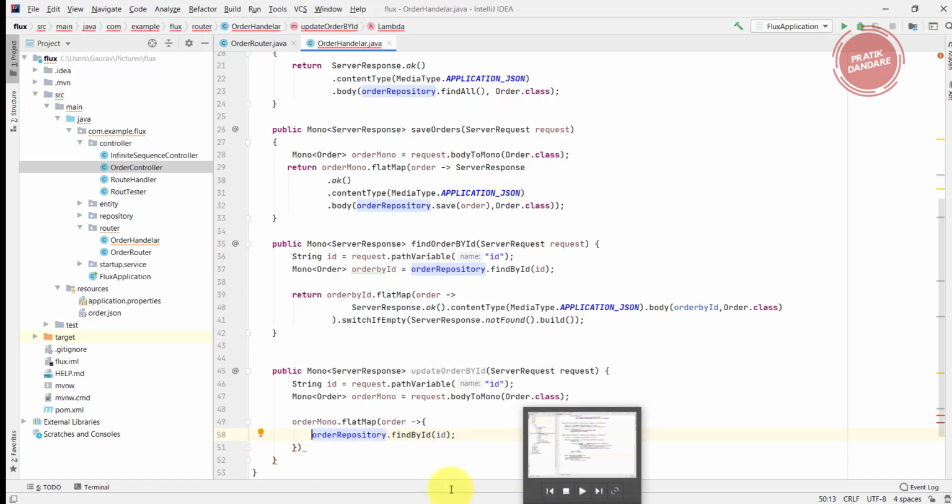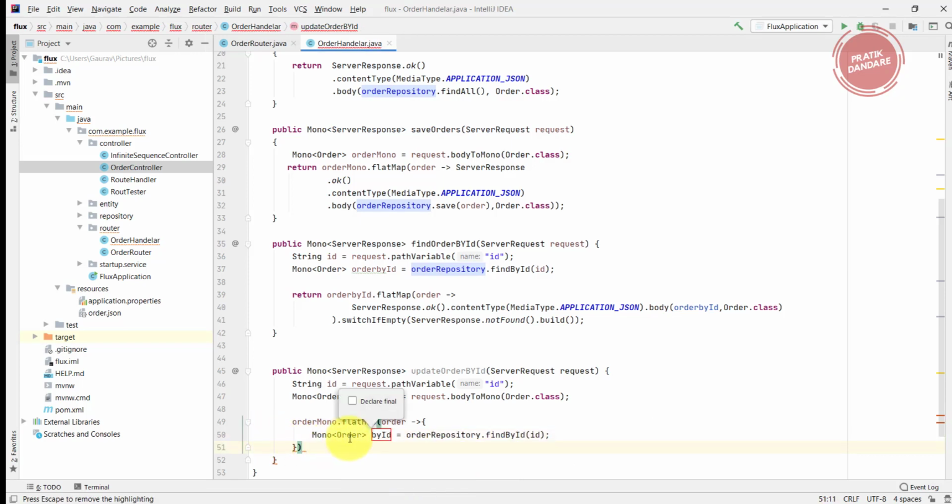Let's introduce the variable. Actually it's a Mono of the order, but I am renaming the variable to dbOrder. Now we have the database order and the updated order coming from the user. This is the updated order and this is the order inside the DB. This is again a Mono, so I need to apply flatMap again here.